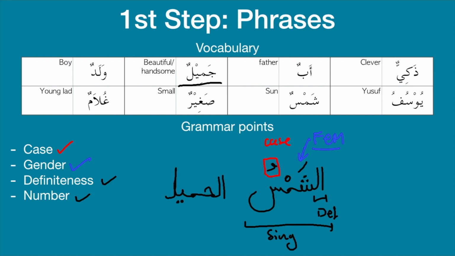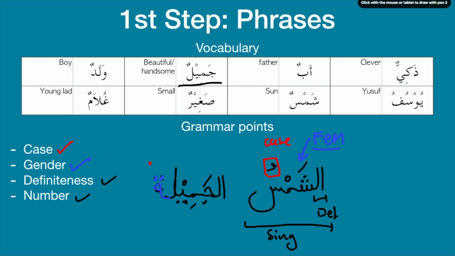Al-jamil. We're going to need to make it feminine as well, right? So how do we make it feminine? With adjectives, we put a ta marbuta on the end. Okay, that's how we make it agree. So now it agrees in gender. I'll put that in blue actually on the end, so you can see that that's the way that we're indicating the gender. So you can see that it agrees in gender, it agrees in case, if we put our damma